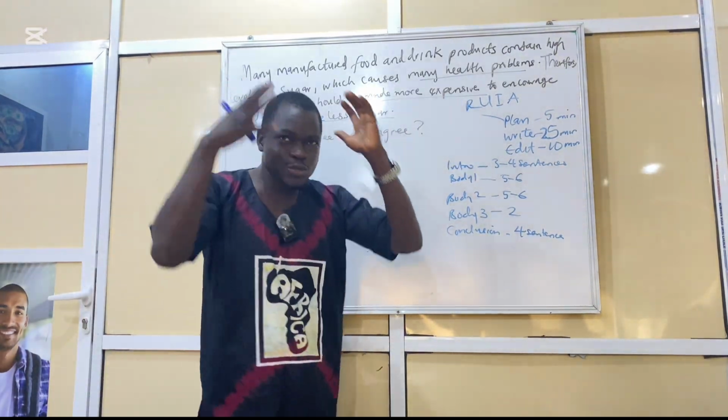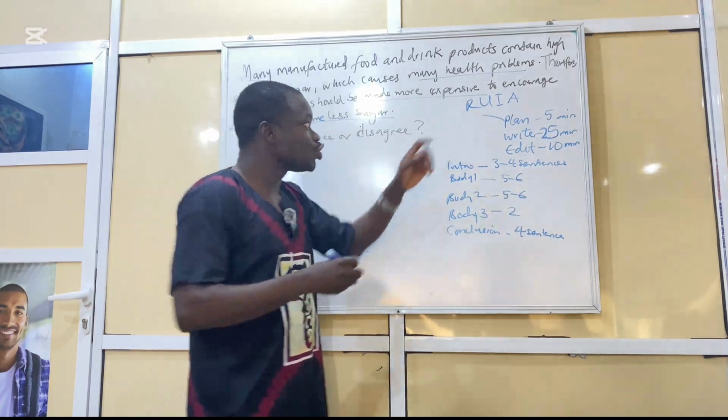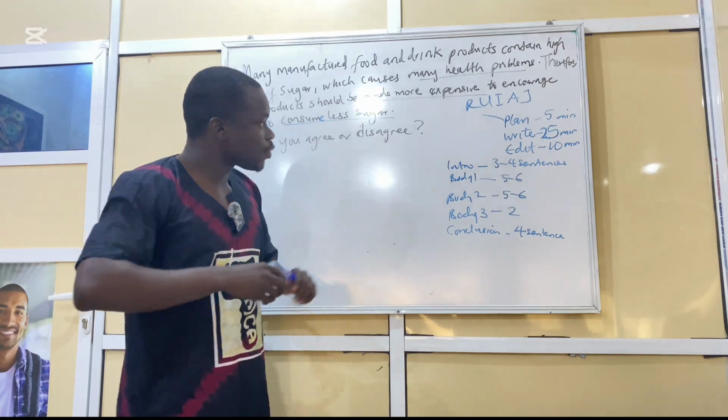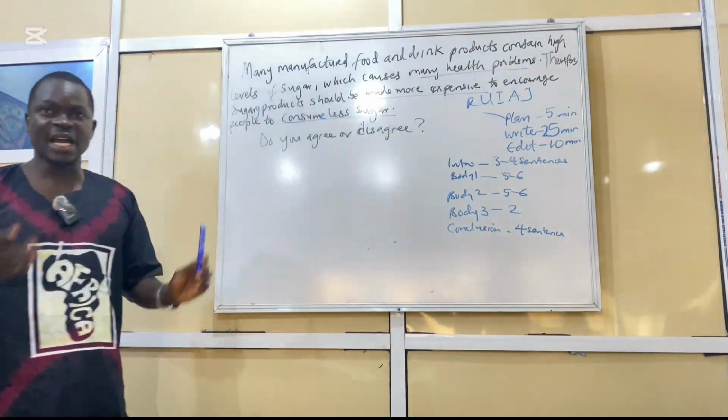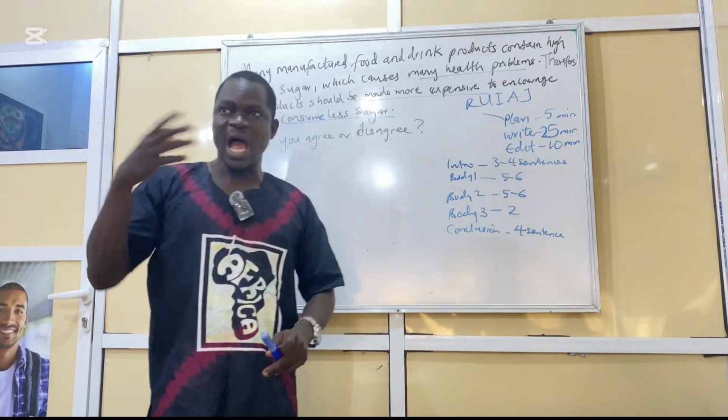So all of this happens in your mind at the planning stage. And at this stage too, you also want to jot your point. J, you want to jot your point at this stage. So okay, if they say agree or disagree, and I want to agree that indeed sugary products are doing harm,